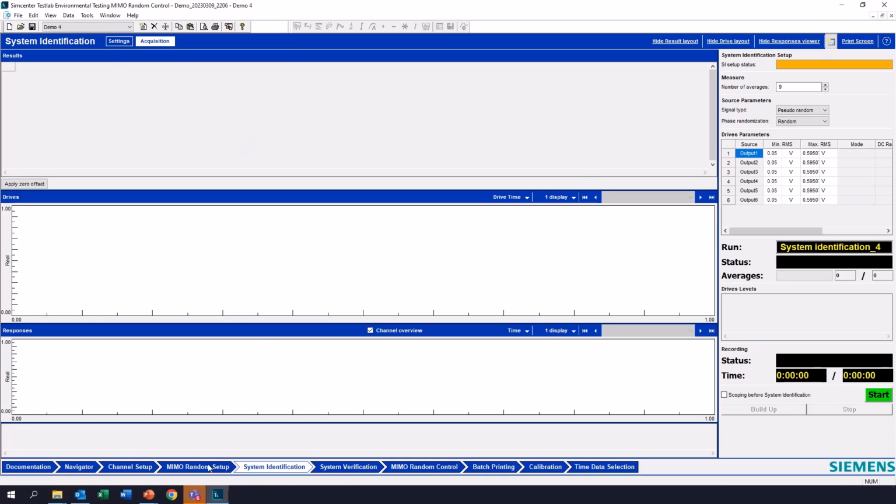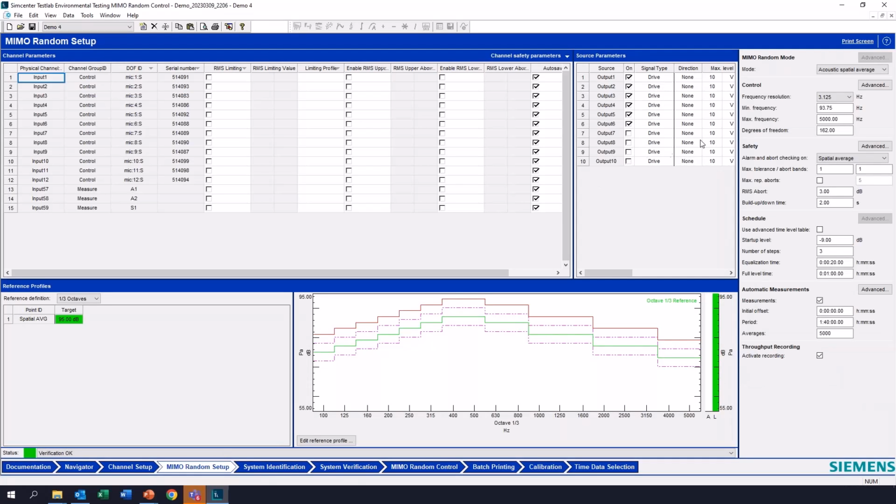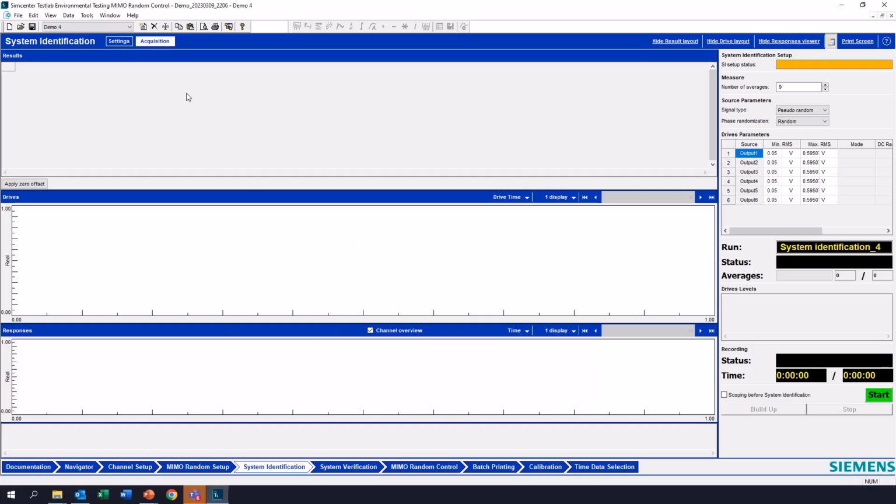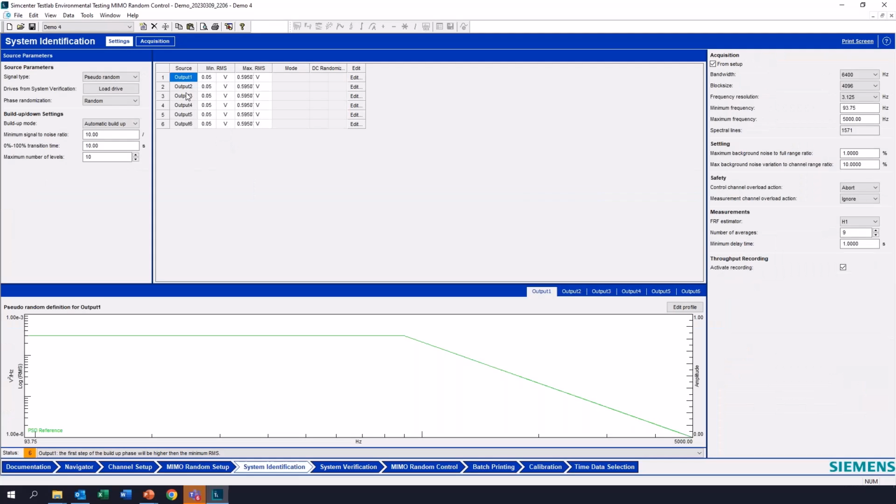I guess one more thing to point out here is note that we're using multiple drives here. For the traditional kind of single shaker test, you'd be using one drive. So we have 6 outputs here. And then each one of those outputs puts out some random vibration here. You can shape these spectra, as you can see down here. These were shaped to roll off at higher frequencies, because you generally need most of your excitation down at the lower frequencies to run the test.